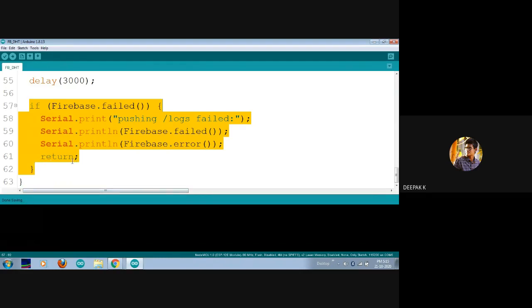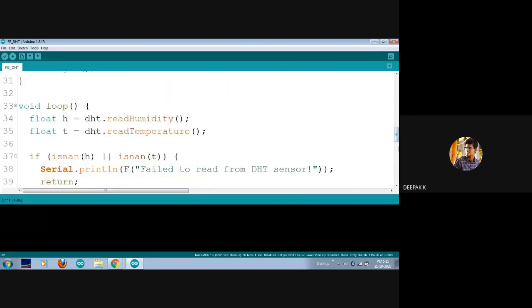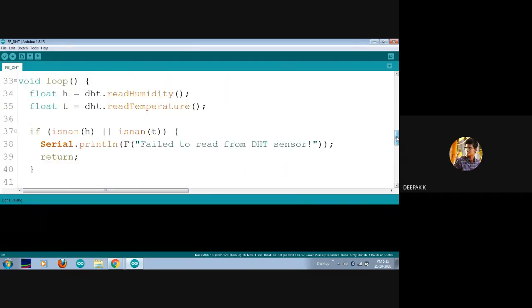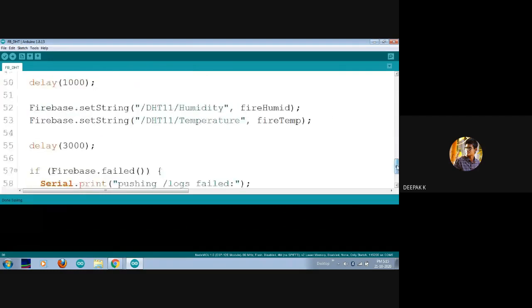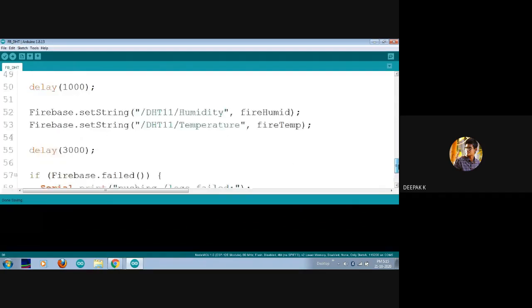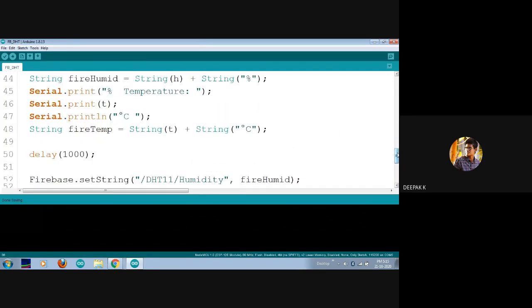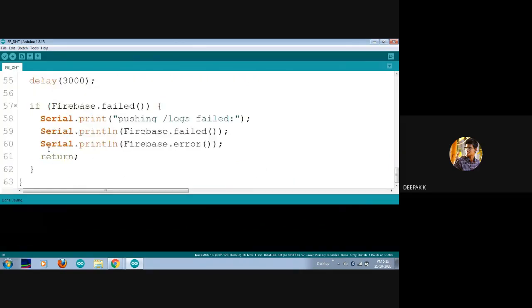Okay, so even this particular function can be written here also. And for the above line, only when the Firebase connection is established can we proceed further, or otherwise we can simply skip it. But in order to know the temperature sensor details in the serial monitor, I'm just adding these lines at the end of the program. You can use it at the beginning of the program also, so that your sensor will never read a value if your Firebase is not responding. So that is the change I have done.